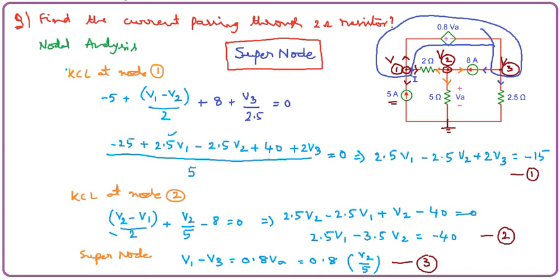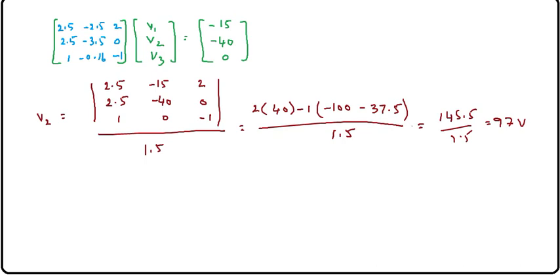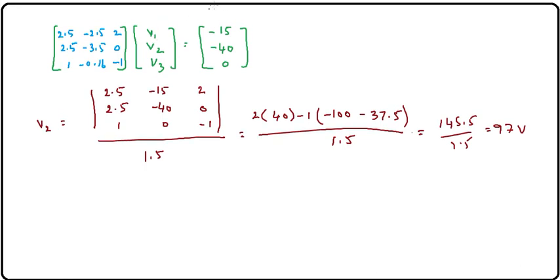But we will calculate V3 also here. After that we will find out the current passing through the 2 ohm resistor. So let me solve this. It will be like a practice session for us. So let us solve V3 also. So V3 is equal to modulus of